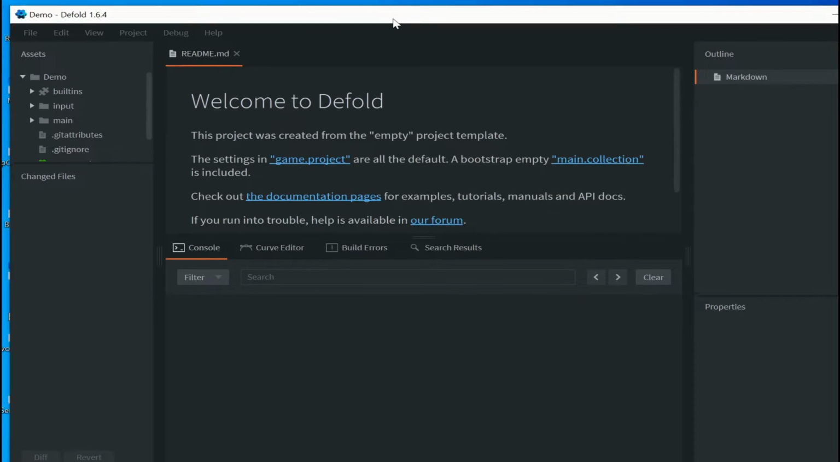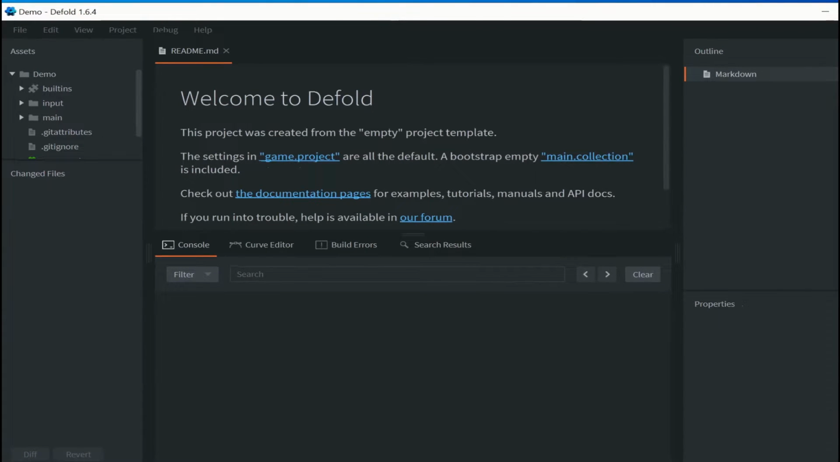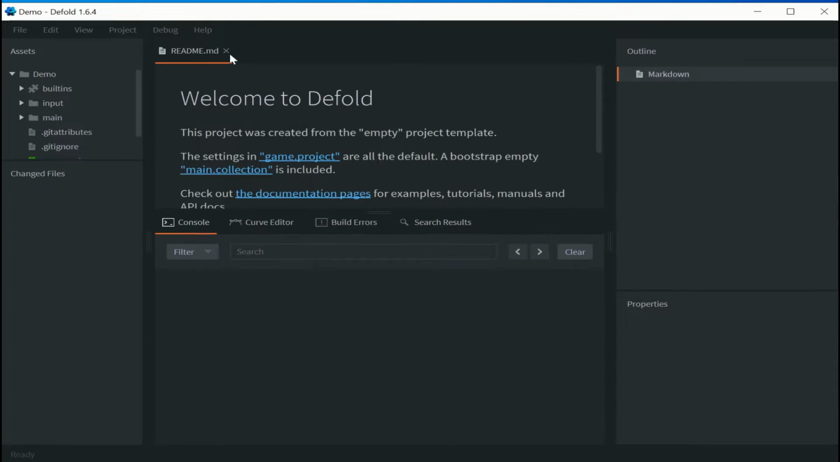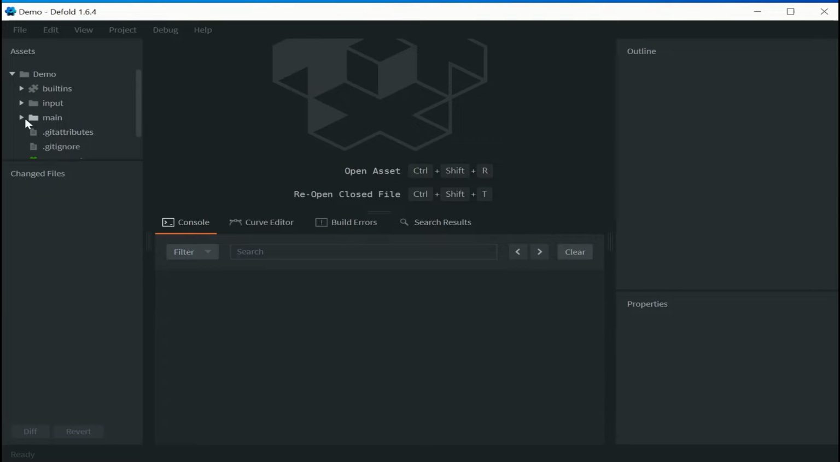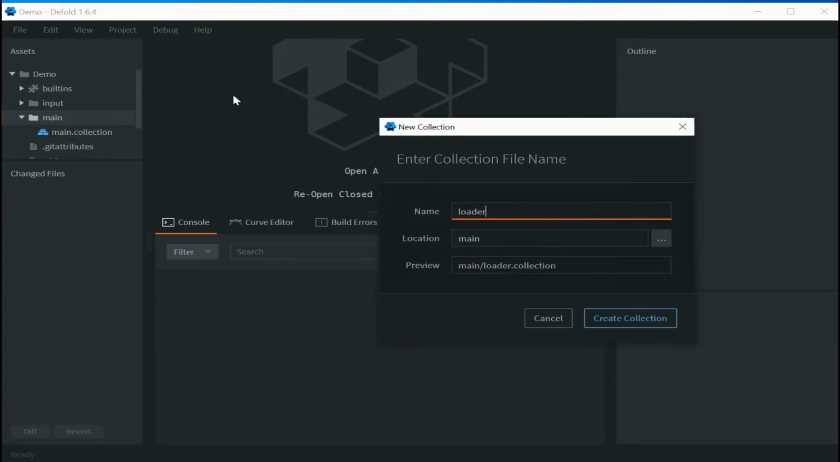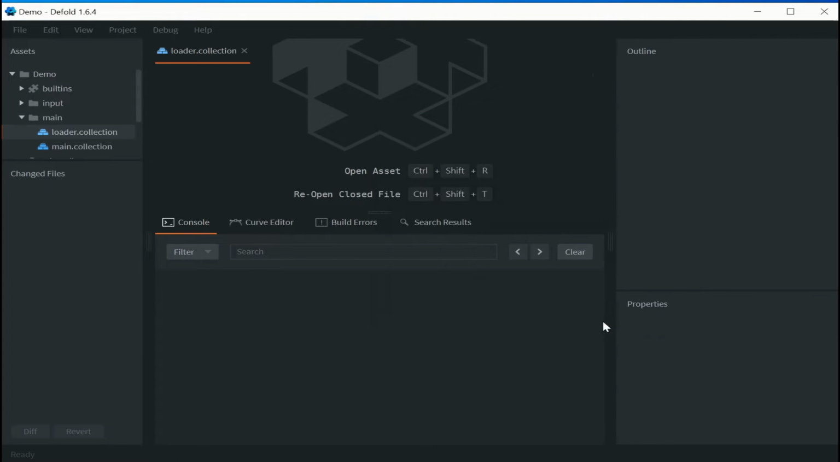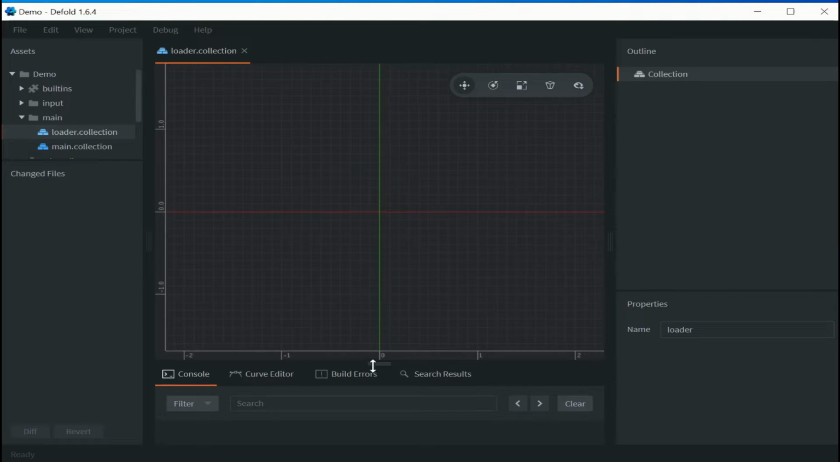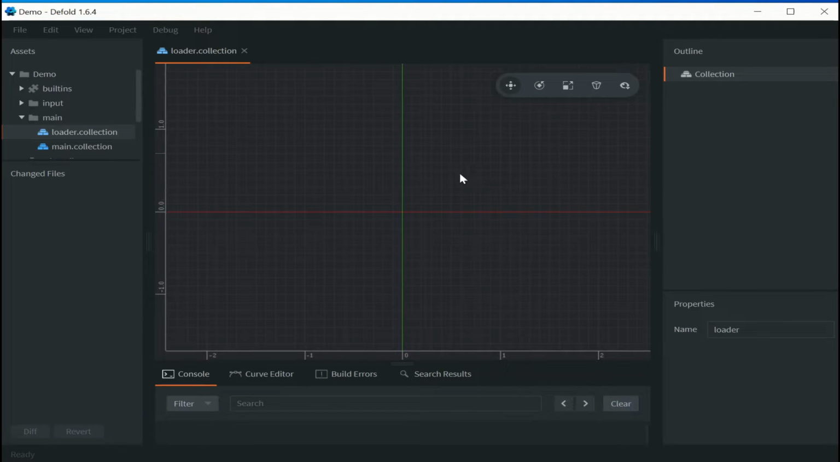So I just have a blank project here that I'm going to start with so that way you all can get a sense of the workflow that I'm working with. So we'll close that. We'll have our main collection there. What I am going to do is create another collection, call it loader. And basically here is just going to serve as the navigation tool for our collections. Nothing crazy, just navigating. So create a game object, call it loader,